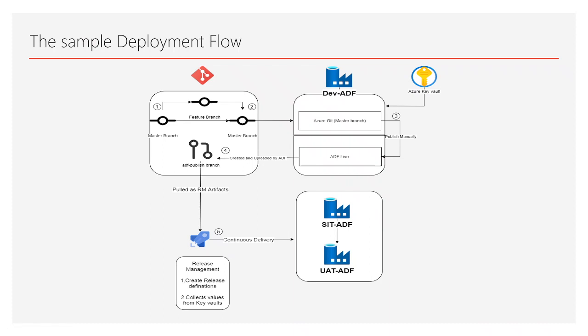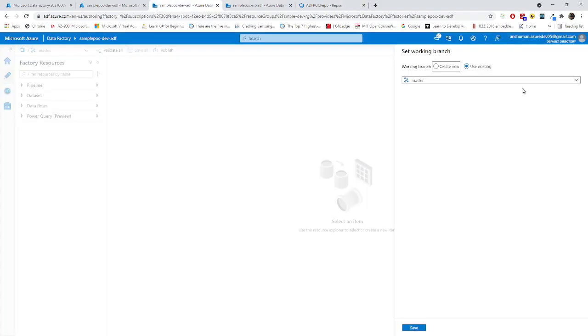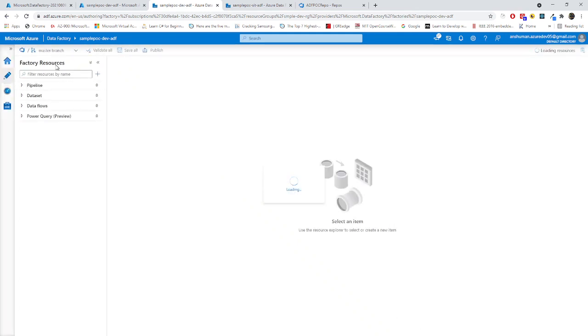Now going to our portal, if we go here to our dev branch, it has already been created, right? Set working branch, it is asking. Let it be. I will show you one by one. I will just save it so that you will see everything over here. Right now you can see that this is our collaboration branch.